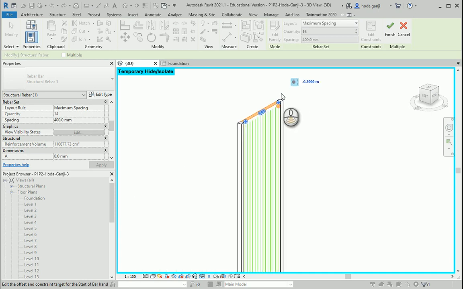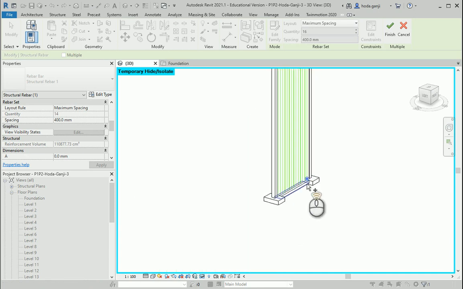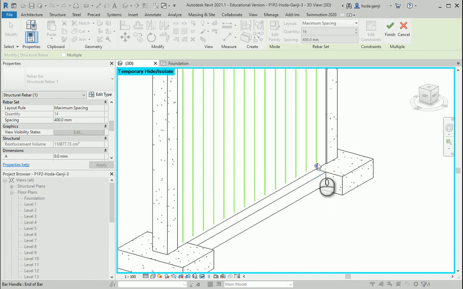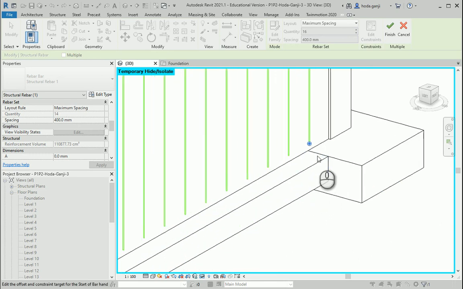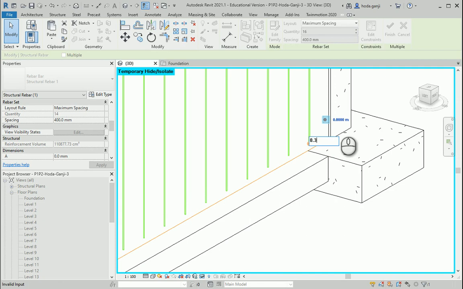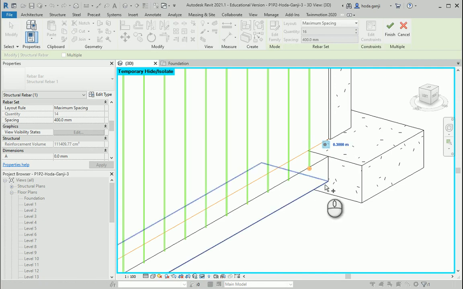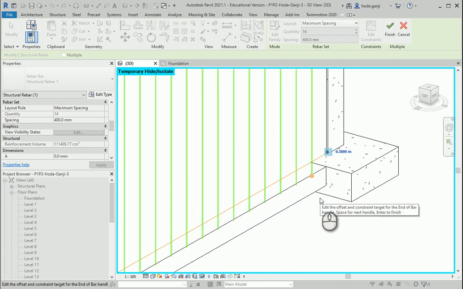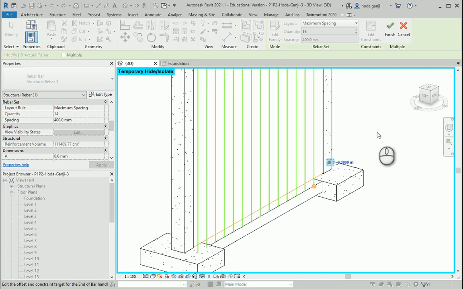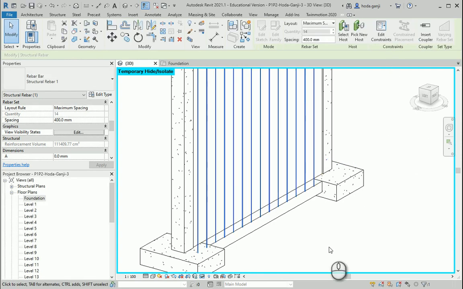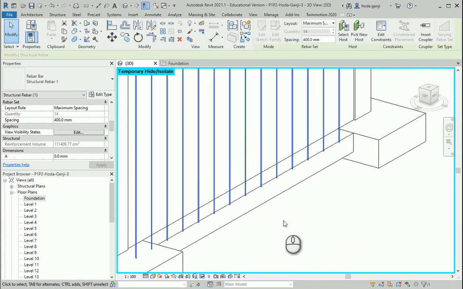So it's good at the top. At the bottom is a different story. At the bottom, I actually want them to be continuous into this foundation. So I want to click here on this positive sign and assign positive 0.3. And we'll check that value. I need to draw a section to see it. And don't hit escape. That's an important point. Just hit finish from here. Otherwise, it's not going to do the changes.